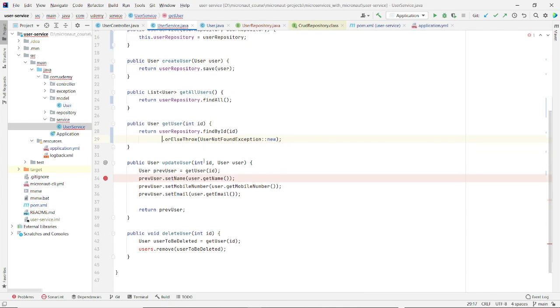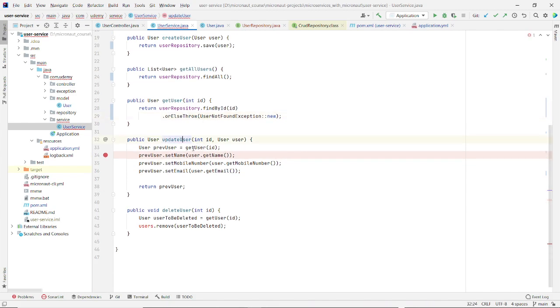That's it. For update user, again we are fetching the previous user from our database. Once it is fetched, we will set the respective name, mobile number and email ID, and after that we will use the repository's update method.